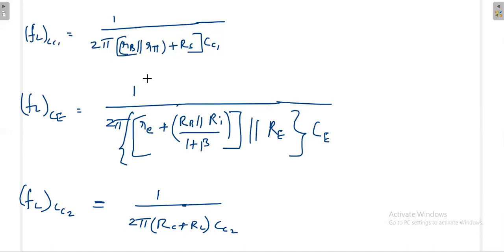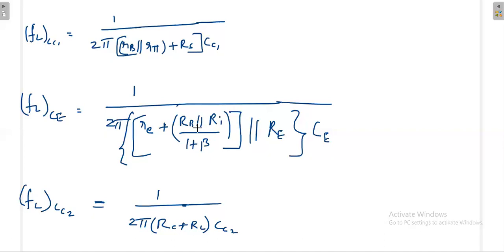If you observe this, out of all the resistor combinations, which one is providing very low resistance? For example, RE is very low, because RE is equal to R pi divided by 1 plus beta. That means RE is very low. And when you take the parallel combination, the final resistance will be the lowest of the lowest resistance available. And that too, you are dividing with 1 plus beta.